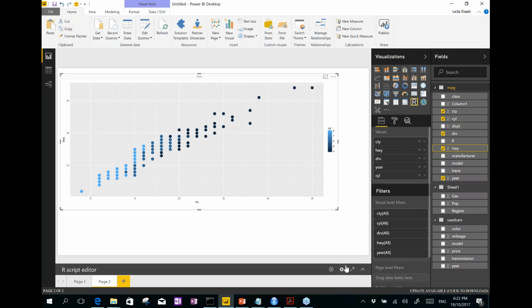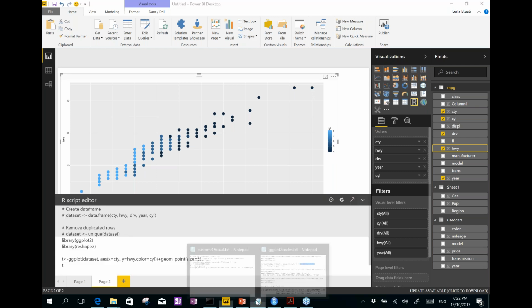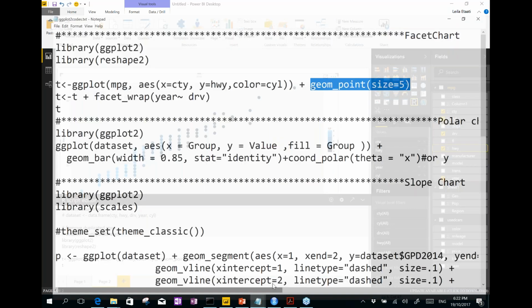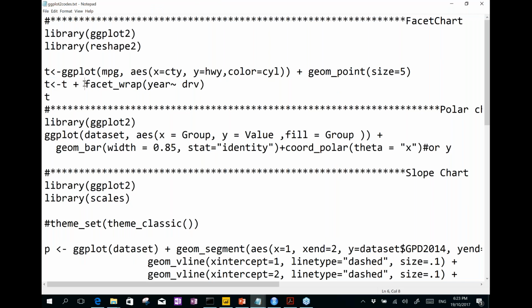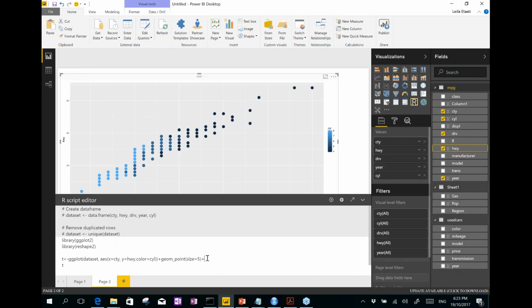But still, I'm going to show more variables. It's not just about them. I'm going to add another layer for showing the year and drive by creating the kind of chart that has rows and columns. Let's see how that actually happens. So here I'm adding another layer named facet wrap that is going to show year with regard to the type of drive. So I just run the code,